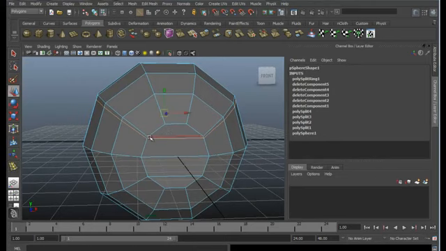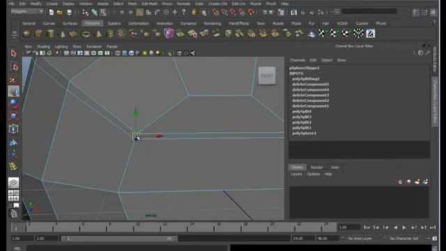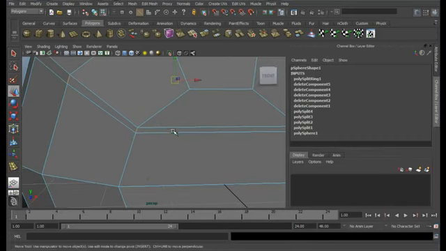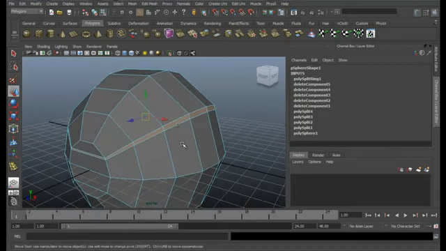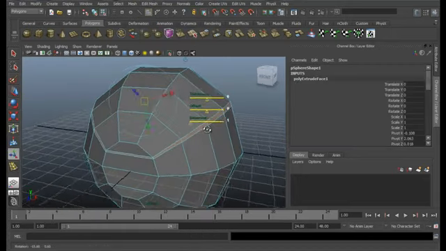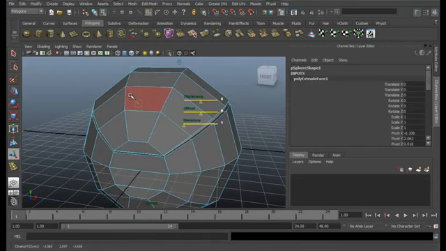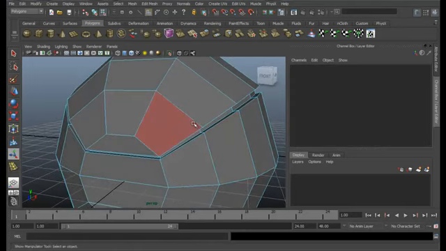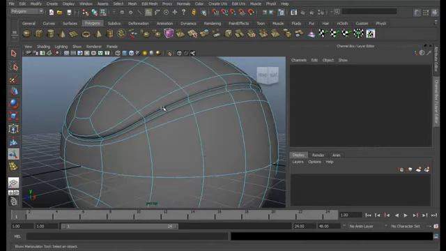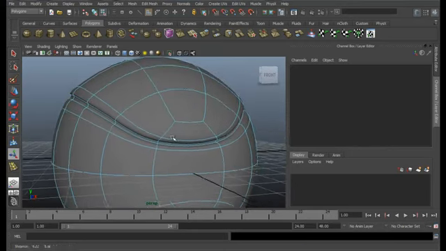Now let's again select this edge, control right click, and edge ring utility to edge ring, and then again control right click to faces. Okay, now go to edit mesh, extrude. We're going to pull it inward, a little bit, and that'll do. Okay, that's okay. So if we press 3 key now, we have little smooth turns, but we want little hard